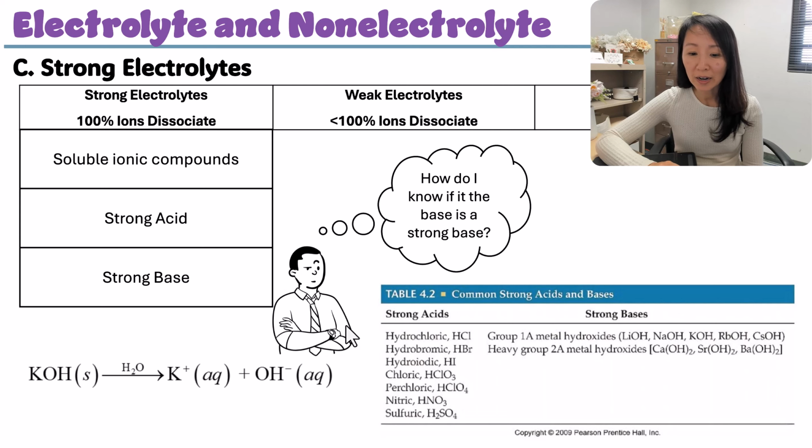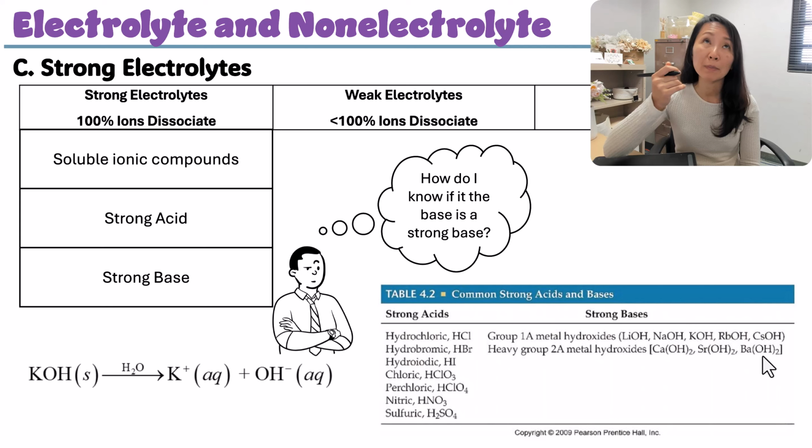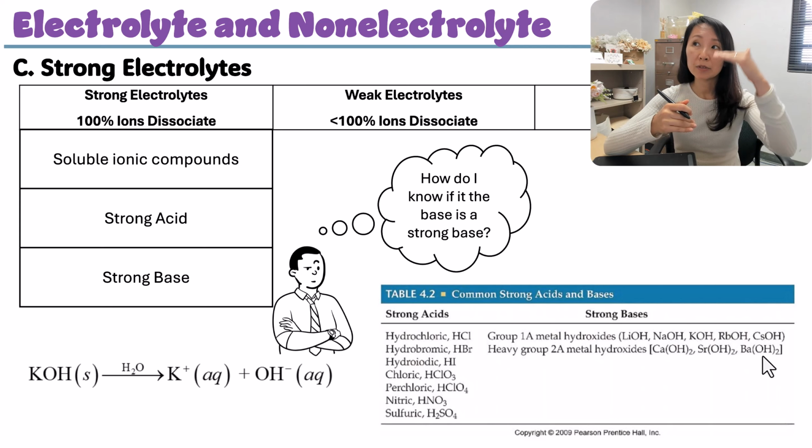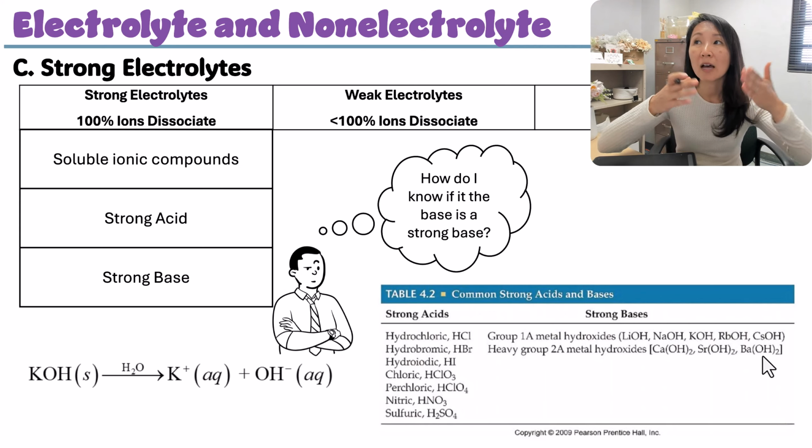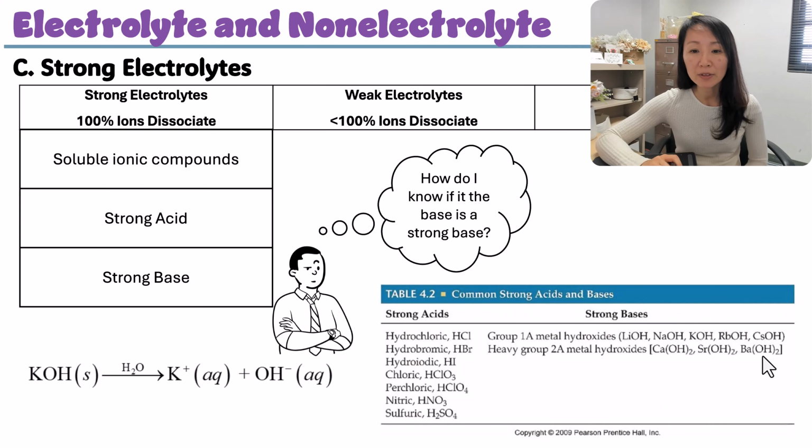Again, this chart has strong acid and strong base. On the very right-hand side, all of the metal hydroxides are considered to be strong bases as long as they're on this list. Please be careful on the heavy group 2A metal hydroxides: calcium hydroxide, strontium hydroxide, barium hydroxide. If you look at the periodic table, calcium, strontium, barium, and below, those are all strong. But magnesium hydroxide, that's above calcium on the periodic table, wouldn't be a strong base,